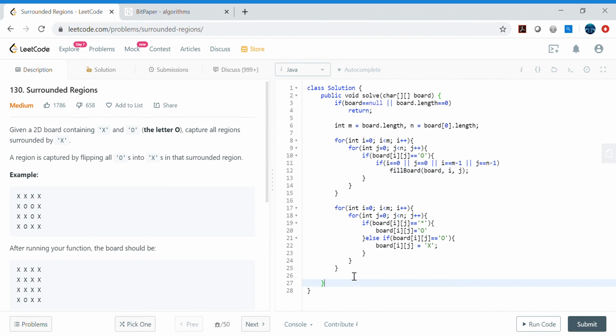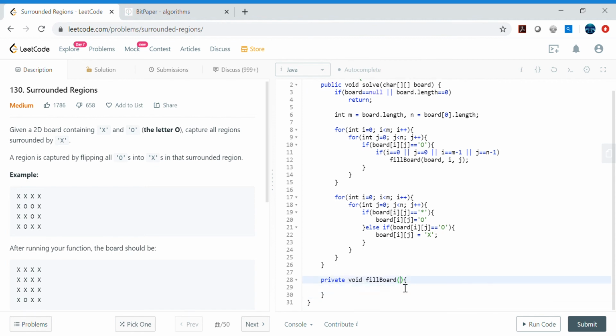How we need to use the depth first search, let's quickly check here. So we will create this method here, fill board, and this is like the same number of islands problem, so we will be using the same template here to fill the board, so it's nothing new. If you can check that number of islands video, I think that is exactly the same code we will be using here. That's the same template, right? So integer row and then integer column.